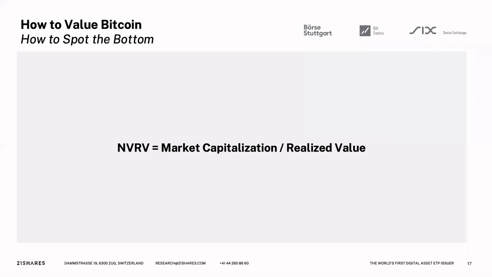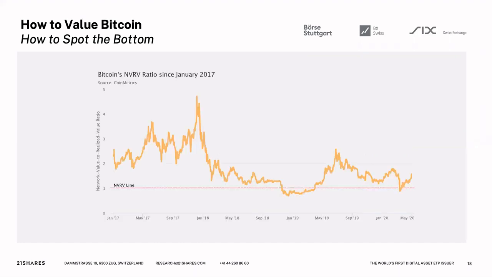And this equation more or less just sums up what the ratio is. And the cool thing with this ratio is it allows us to work out exactly when Bitcoin's current price is around the same as Bitcoin's cost basis, so the average price at which the entire world bought Bitcoin. And these times are when the ratio is below 1.